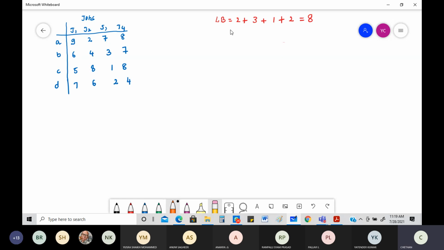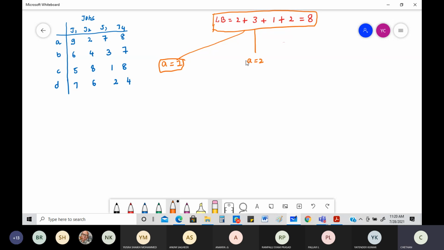The next step is very simple. I'm going to put that in a box like this. This is my lower bound. From here, what are the choices I have? I can have various choices. First, I need to go with A. Now I'm going to take only A like this. I need to figure out what job A is doing, so I need to write assuming that A is doing the first job.